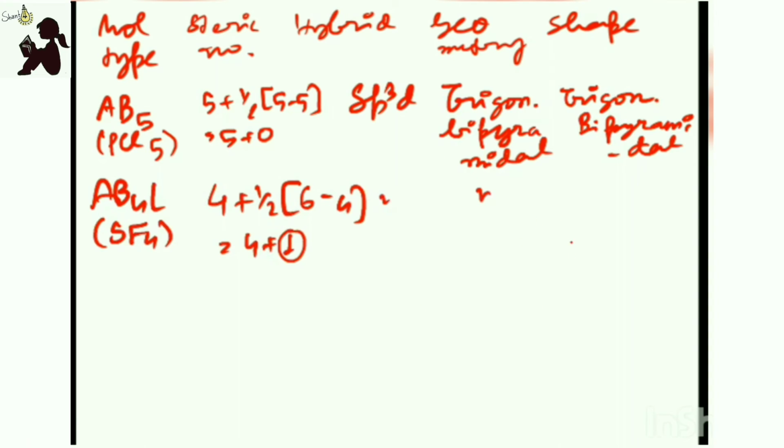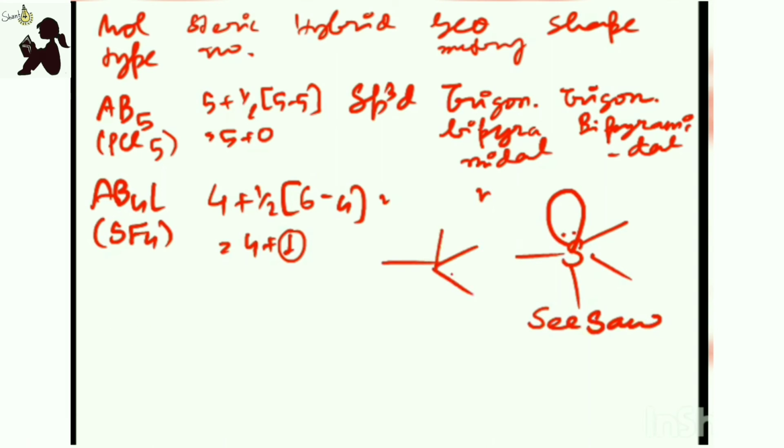But what happens if there is a lone pair? Its shape comes like this, because it has lost a lone pair. It will be like this, because here there will be one lone pair, but for shape we are excluding it. So for the shape it will become seesaw. Okay, the shape is called seesaw.